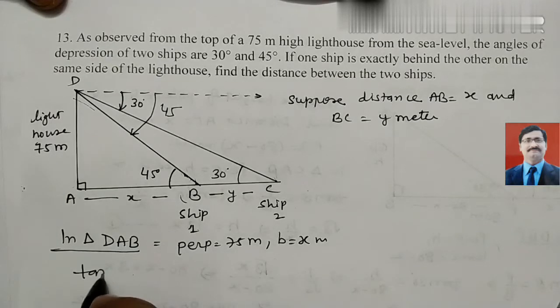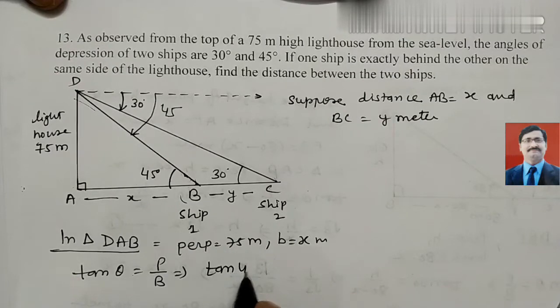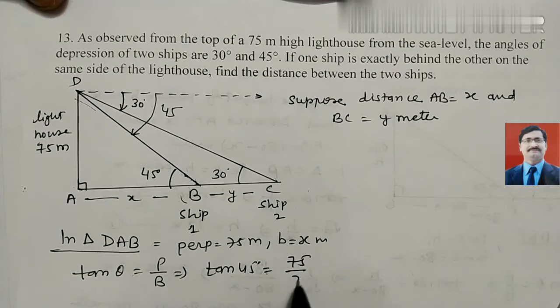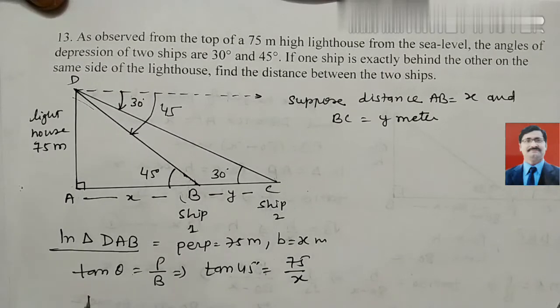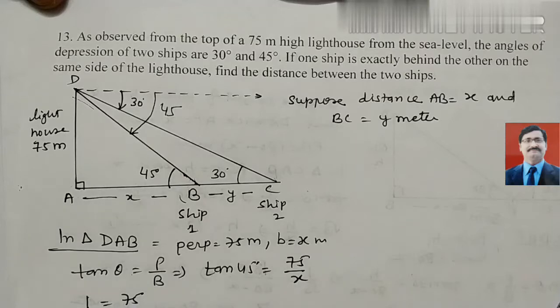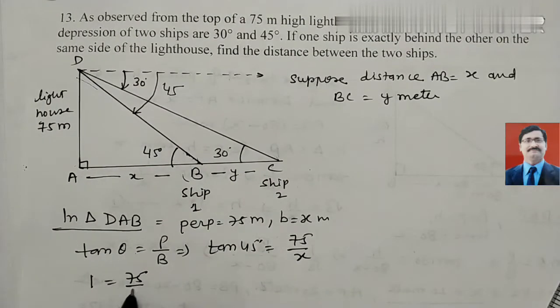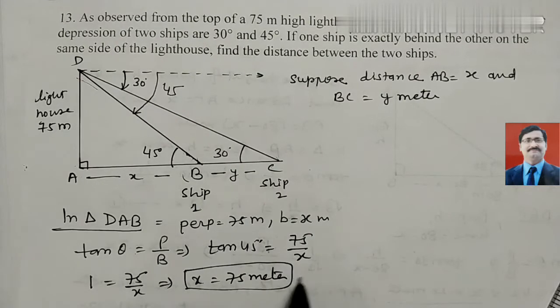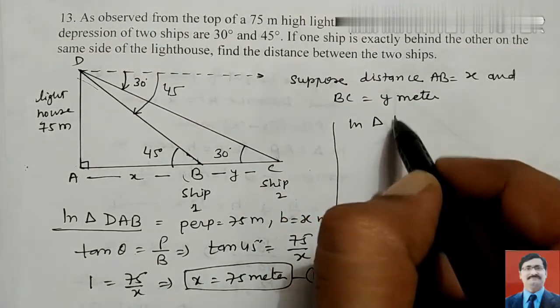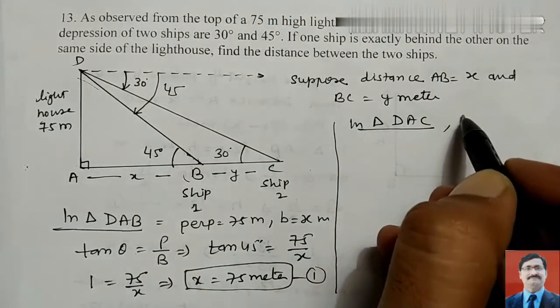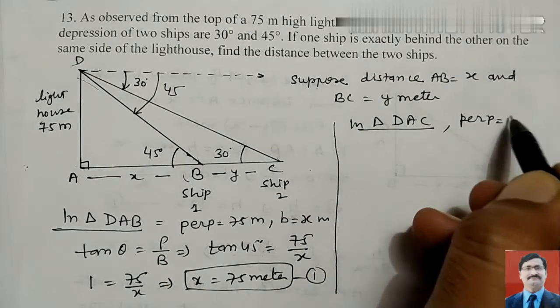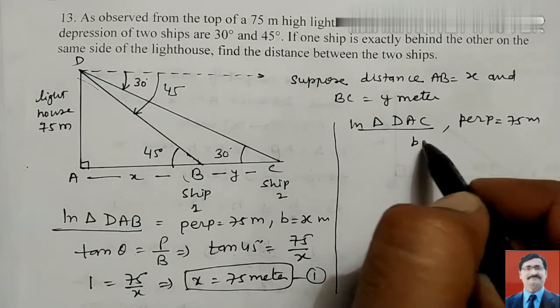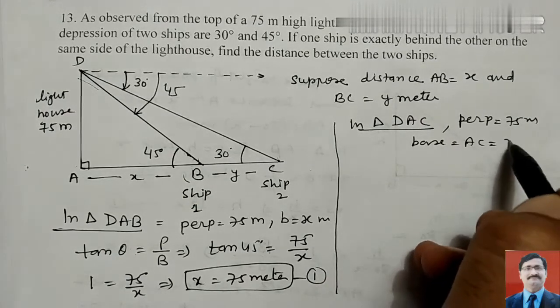So tan theta equals perpendicular upon base, and theta here is 45 degrees. Tan 45 equals perpendicular, which is 75, and base is x. So tan 45 is 1, so 1 equals 75 upon x, which implies x equals 75 meter. This is the first equation. In triangle DAC, the perpendicular is 75 meter and the base is AC, which is equal to x